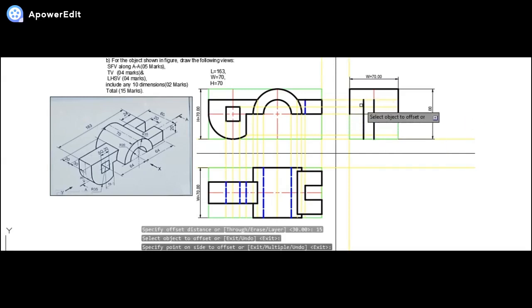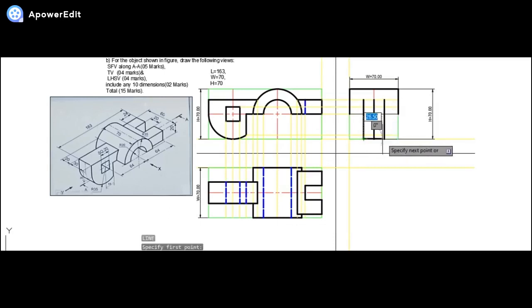So I'll select this 15 over here, I'll select this 15 over here. Once I'm done, okay, so as we are done with this, in this particular edge we have drawn it very easily. Now this line is not required. To be very specific, my dear friends, we missed out on some of the projection lines. This projection line of the square is left out, which I can draw like this.